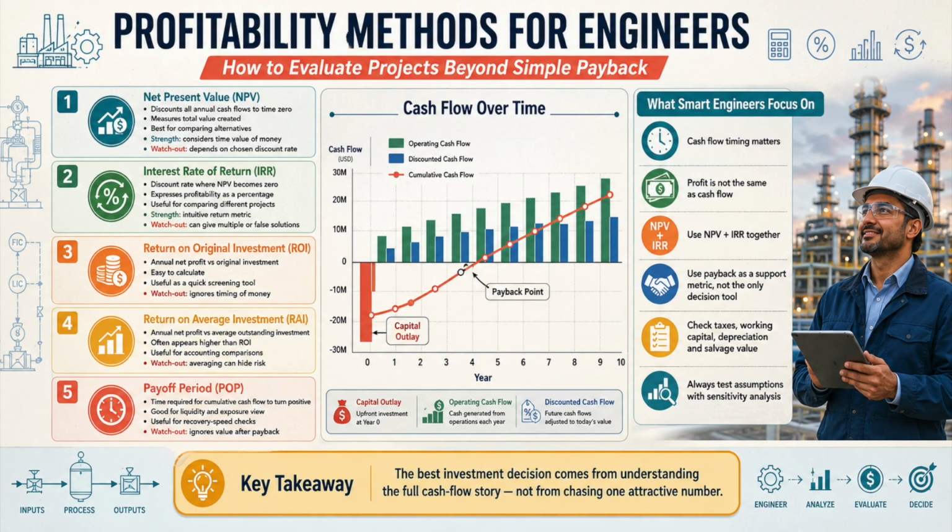This percentage format is attractive because it allows projects of different sizes and technologies to be compared on a common scale. A pipeline expansion, compressor upgrade, and new processing unit can all be expressed using a rate of return. But this apparent simplicity can become dangerous. The interest rate of return can produce multiple or false solutions when the cash flow sequence changes signs more than once. This can happen when an operating project later requires major reinvestment, environmental remediation, decommissioning expenditure, or a large midlife